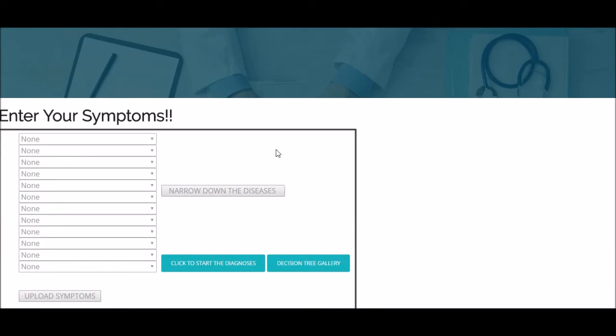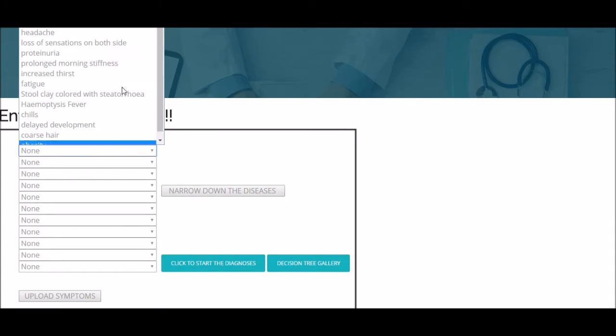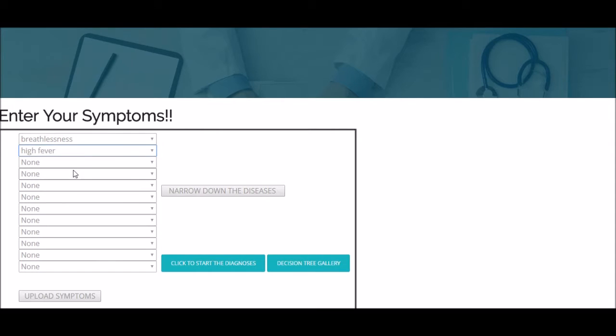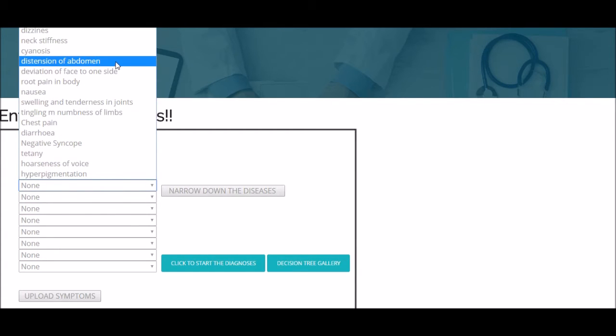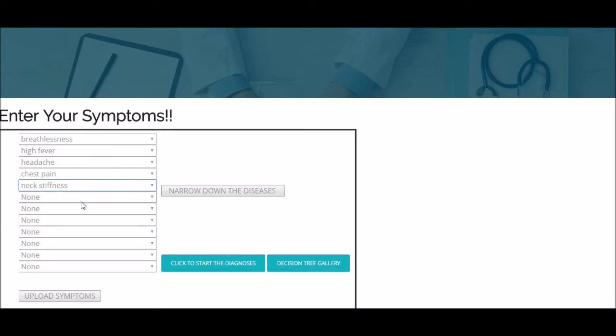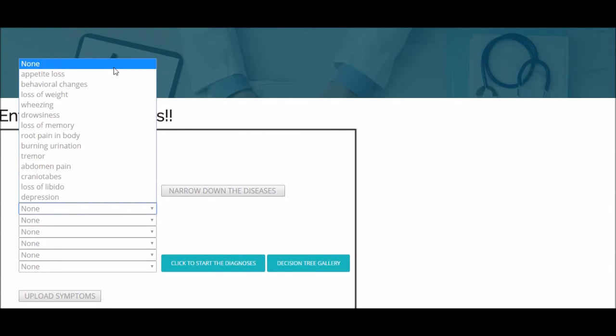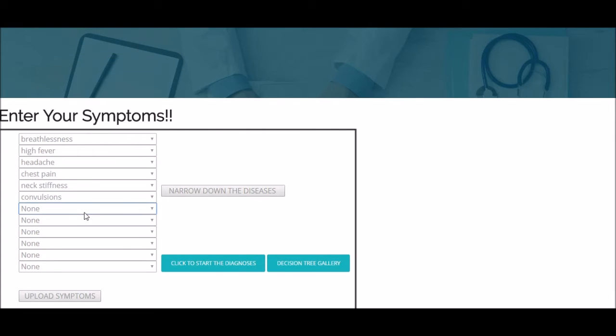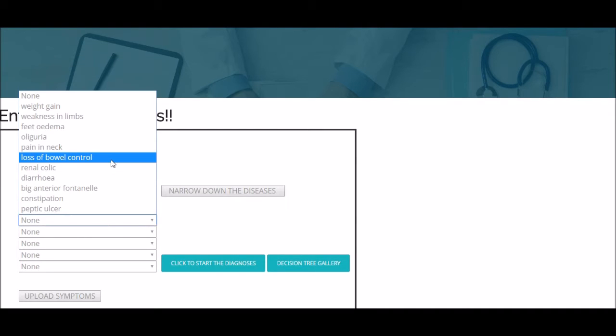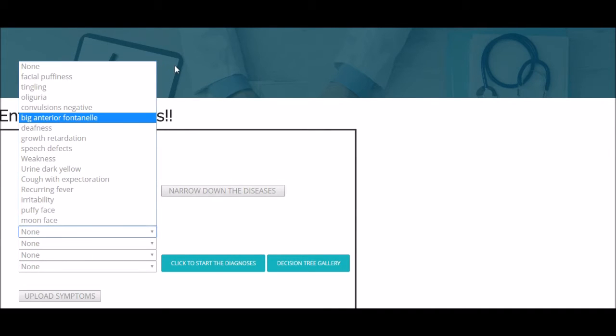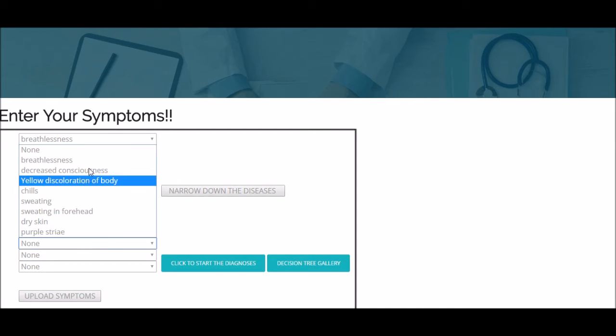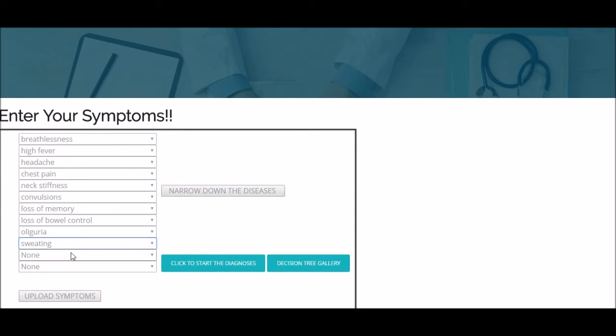This is the patient mode, and the patient can enter the symptoms according to the condition, like breathlessness, headache, chest pain, high fever. These are certain symptoms which generally people feel, and it is not necessary to fill all the symptoms. At any point if the patient feels that this does not match, then the patient can easily click on the none option. But since it is mandatory to fill all the options for the time being because of the demo, quickly we can fill all the values.